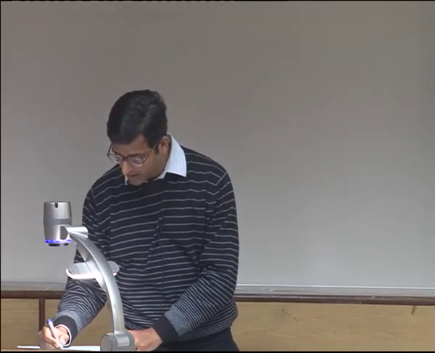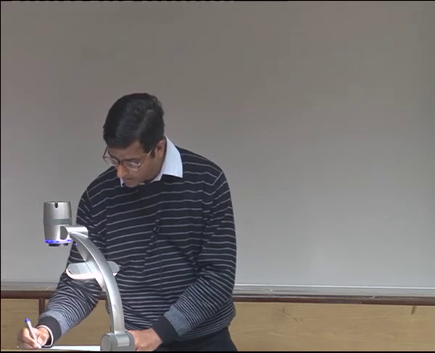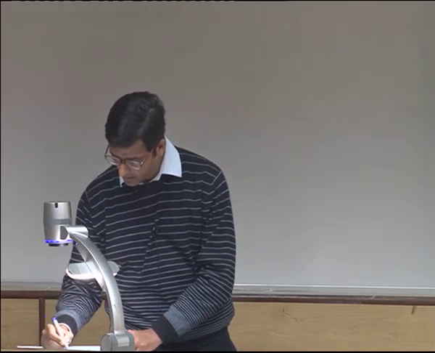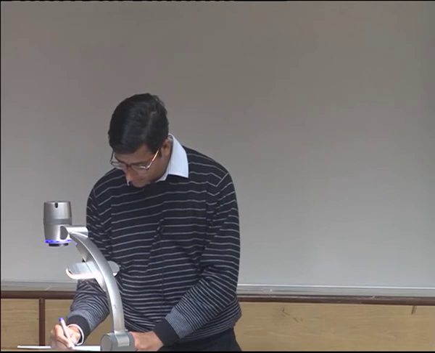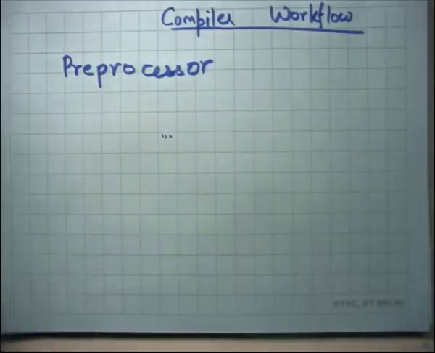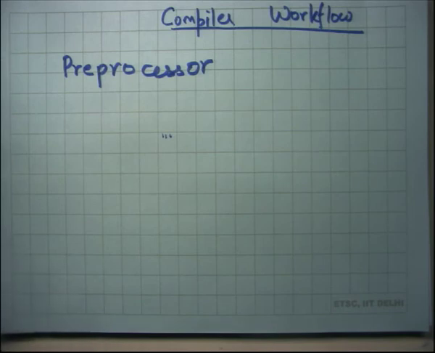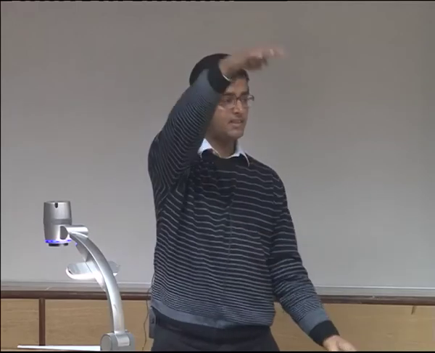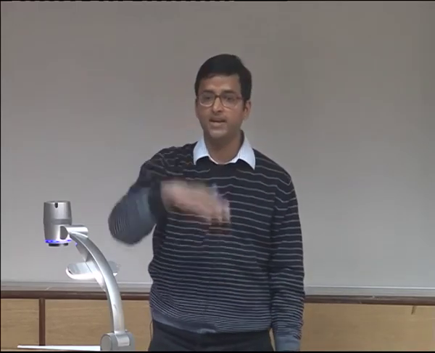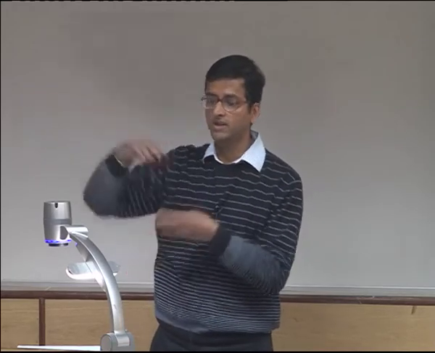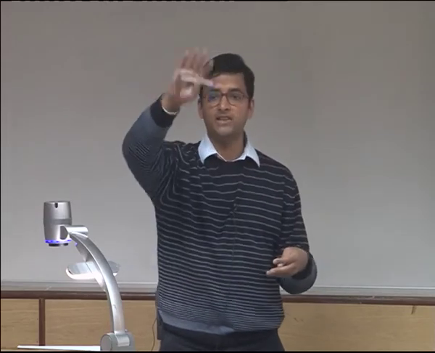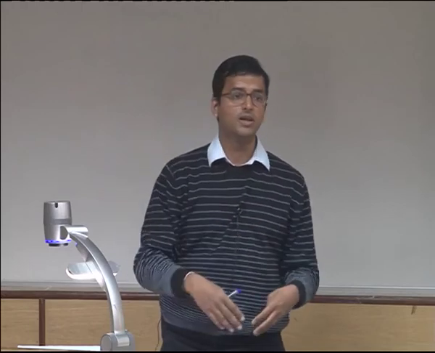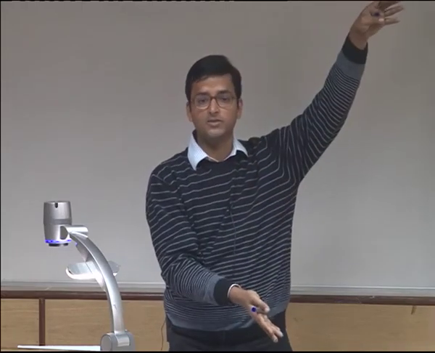Let's talk about a compiler workflow, just to complete this discussion. A compiler has a preprocessor, which takes your source program, which has these hash include or hash define directives, and preprocesses them. So it's really a source to source transformation. It takes C code which has these hash define directives and just produces another C code, right? So it actually doesn't look at the syntax at all. It just does macro expansion. It just replaces that hash define variable with its value, or it expands hash include with the contents of that file, and so on, right?